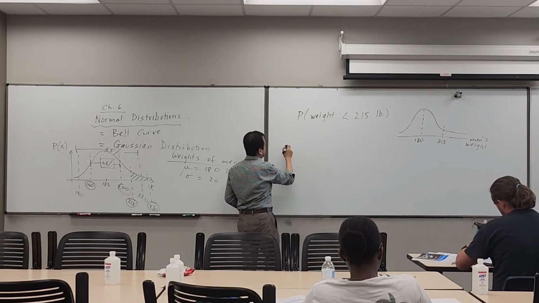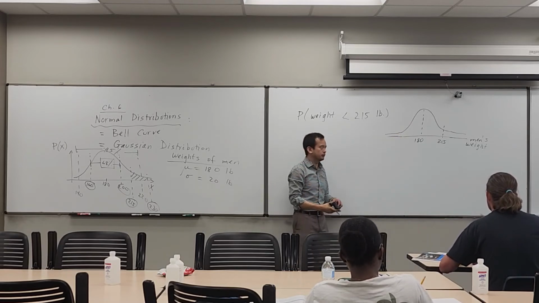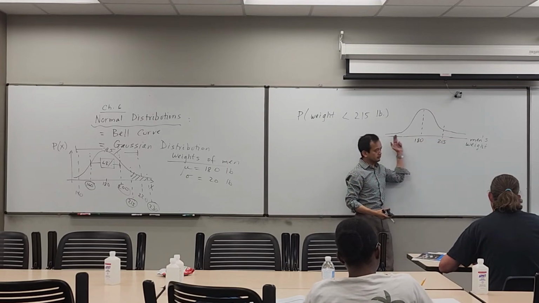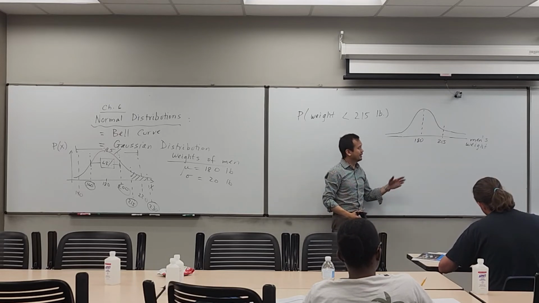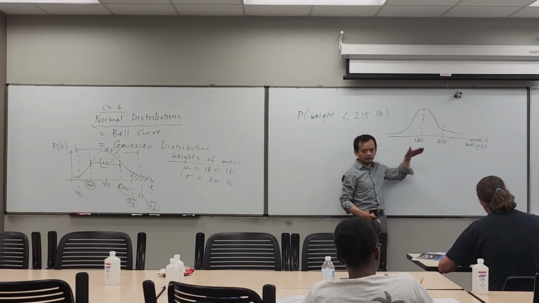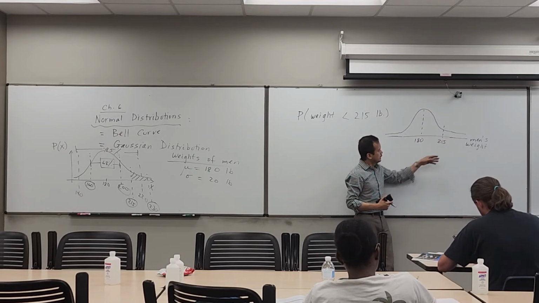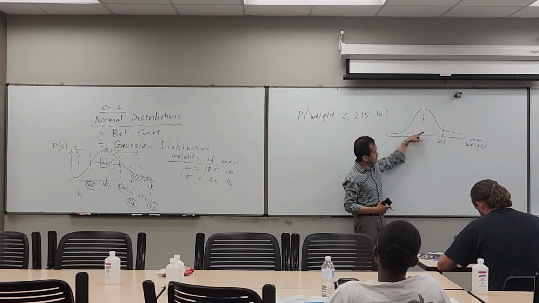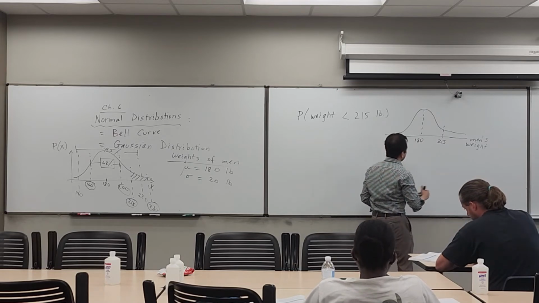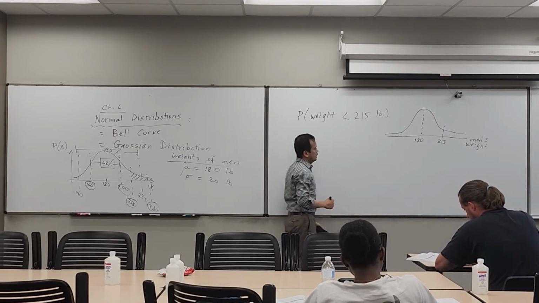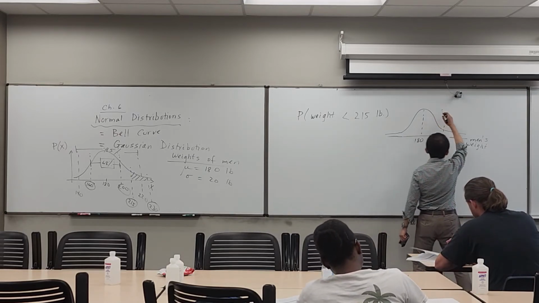Okay, so it turns out that this bell curve has a very specific mathematical relationship. You can describe it exactly with a function. And later, if you decide to take calculus, you'll learn that you can find the area under any function using a certain operation in calculus called the integral. You can find the area under any shape, any function. So because this has a mathematical function associated with it,